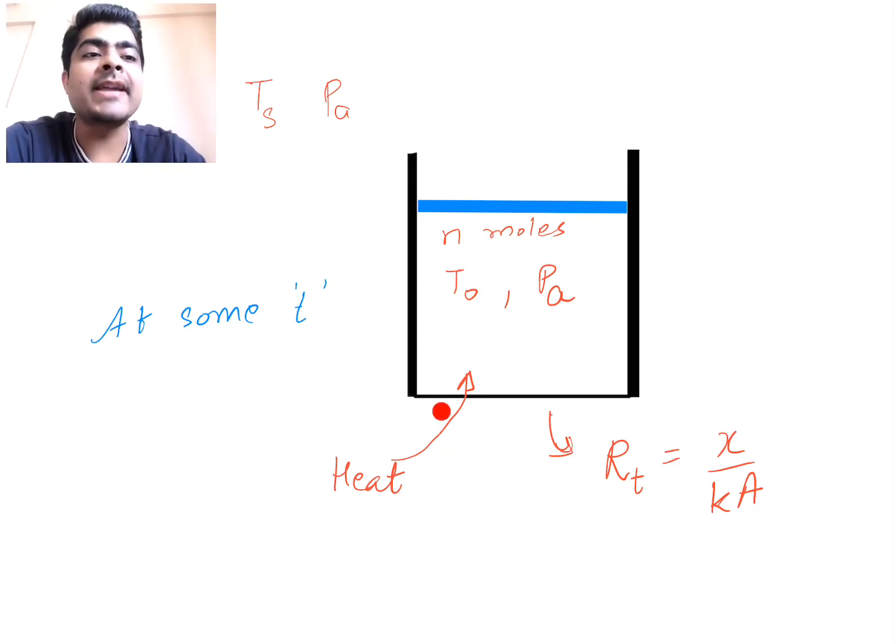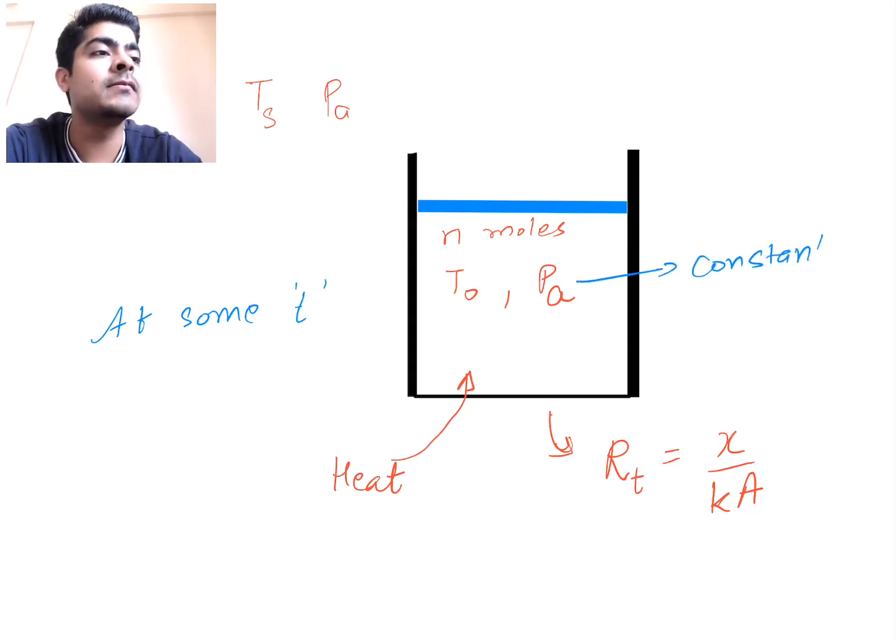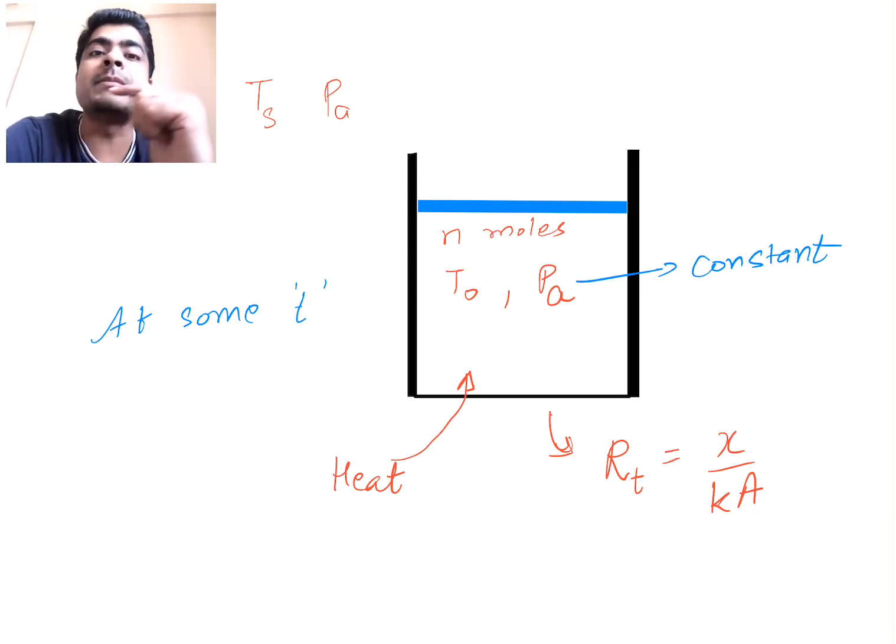So you are supplying heat and the gas will try to expand. The piston is light, that means on both the sides of the piston pressure should be equal. Now since outside pressure is always constant, so inside pressure will always be equal to Pa. So this process is isobaric. So at some time t, pressure is always Pa. Pa is constant. What about the temperature and volume now? So temperature and volume will be linearly changing with each other. They will be proportional to each other.